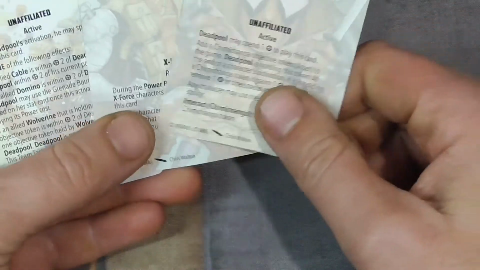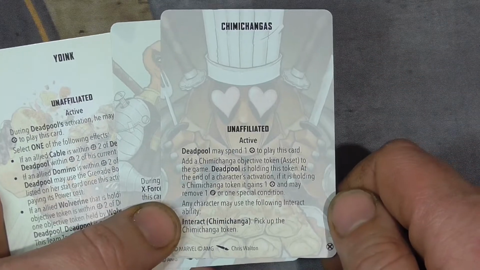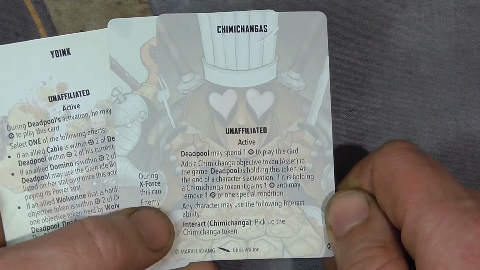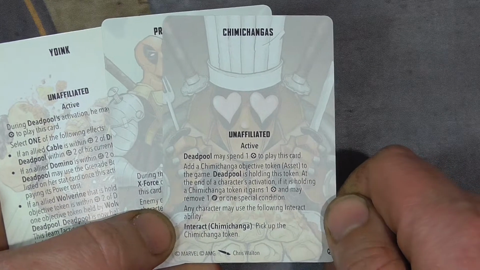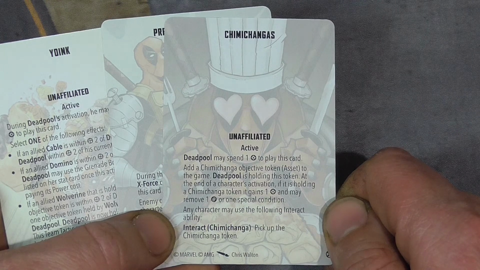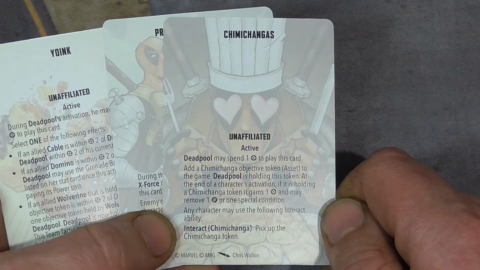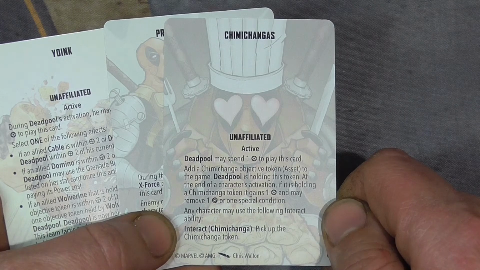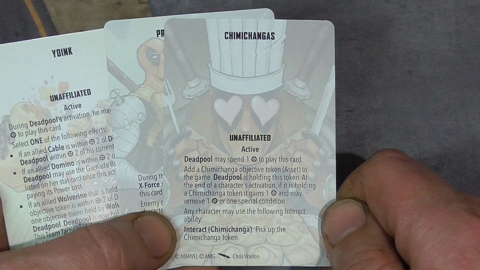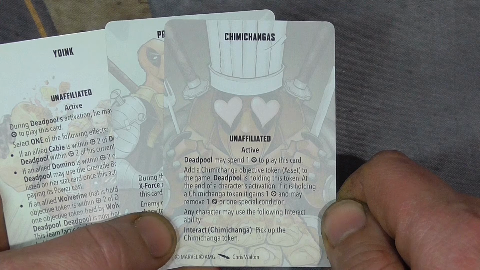So, we have 3 Team Tactics cards. So, we have Chimichangas. Obviously, we would have Chimichangas. Obviously. Unaffiliated, Deadpool may spend 1 energy to play this card. Add a Chimichanga token. Oh, so we've already seen that. To the game, Deadpool is holding this token. At the end of a character's activation, if it's holding a Chimichangas token, it gains 1 energy and may remove